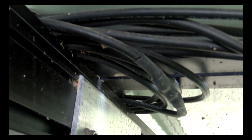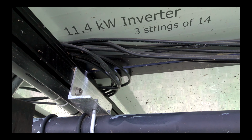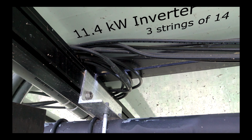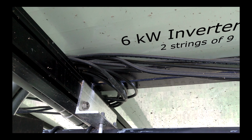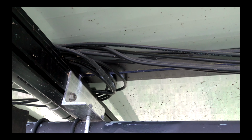Here's all my big bundle of DC wires coming in from the various groupings. For the 14.4 kilowatt inverter, it's 3 groups of 14 for a total of 42. And for the 6 kilowatt inverter, it is 2 groups of 9 for a total of 18. So that's a total of 60. So they all come in here